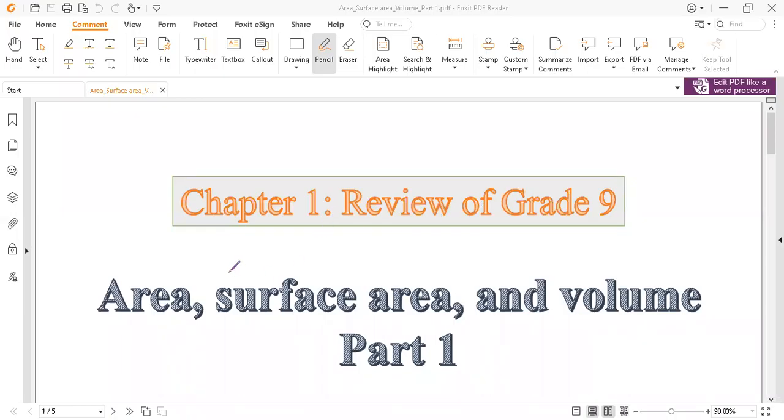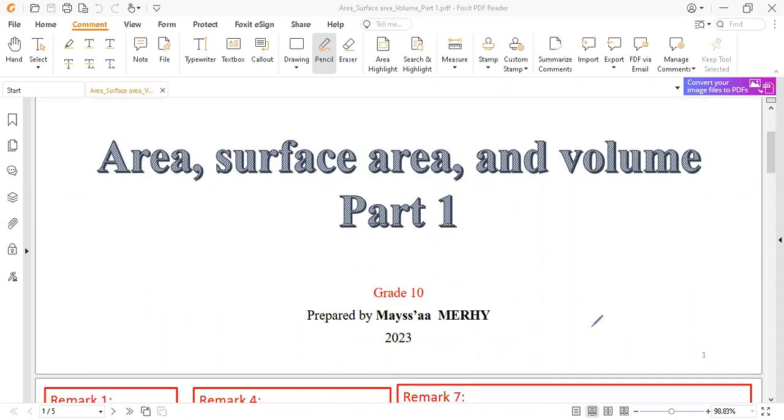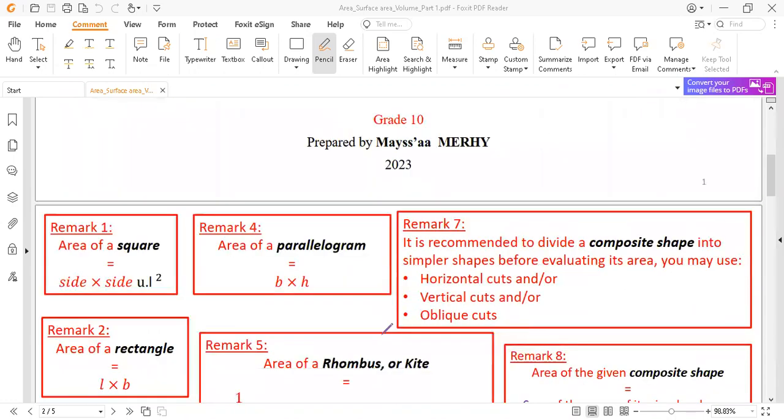Hi everyone. Today we want to give a short review about the area from grade 9. And in the next session and lecture, we will give a review about the surface area and the volume of given shapes. So, starting with the area,